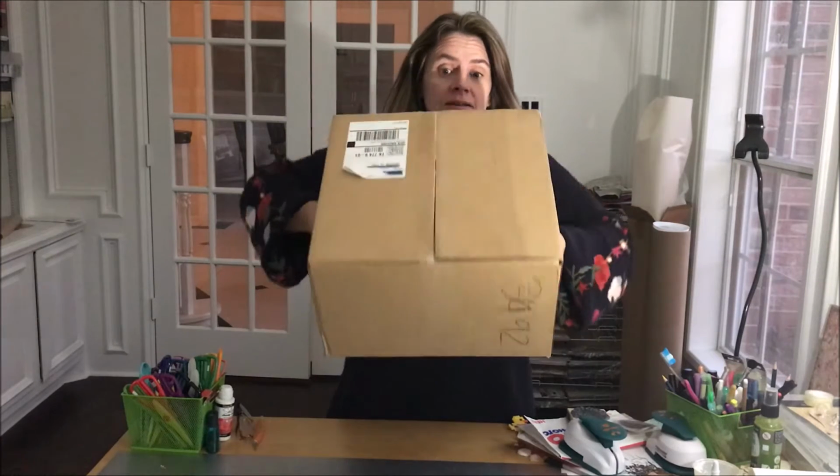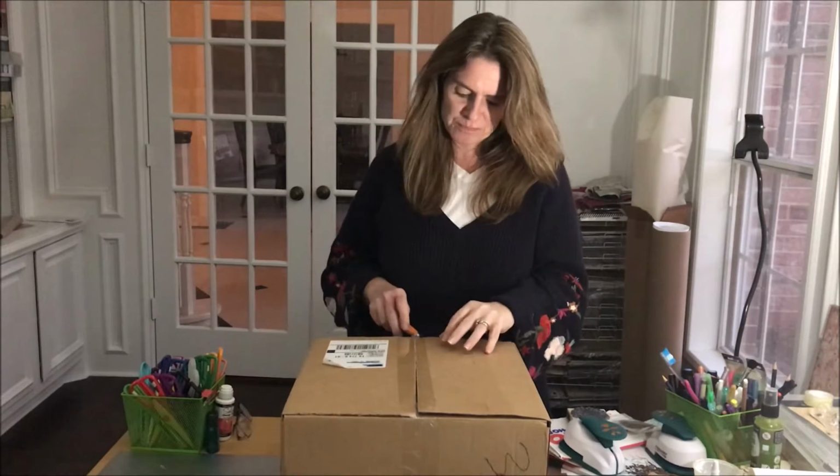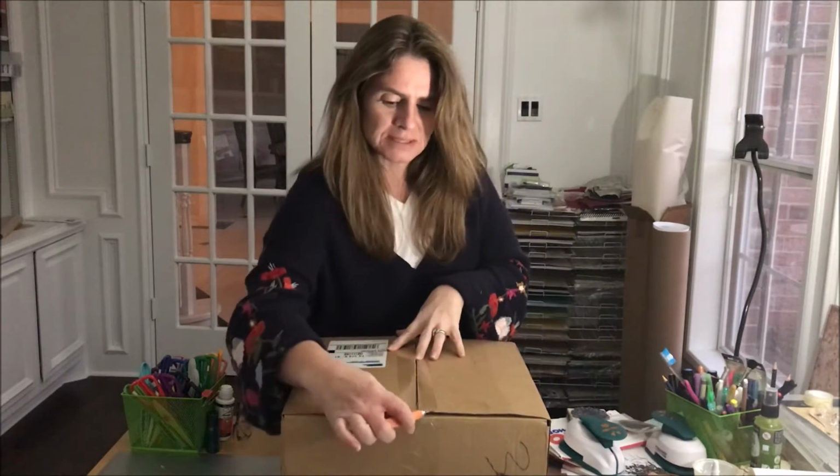I just received a box from scrapbook.com and I wanted to share it with you with this video. It's a heavy and huge box, so we will open it together. Let's see. I got a pretty idea of what could be inside, so